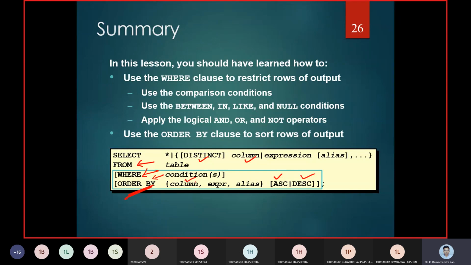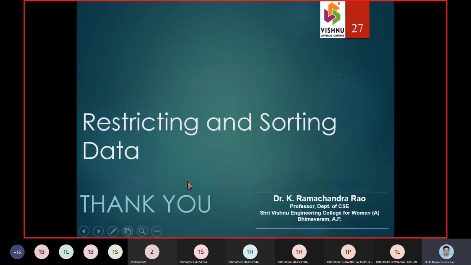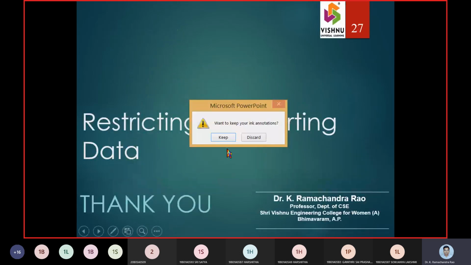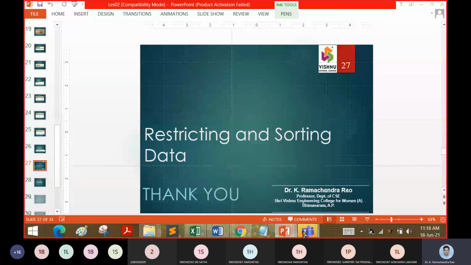Order by can be applied to a column, to an expression, and to an alias. The conditions can be used with between, in, like, or null. And similarly, the conditions can also use the logical operations like and, or, and not. So that is restricting and sorting of data.